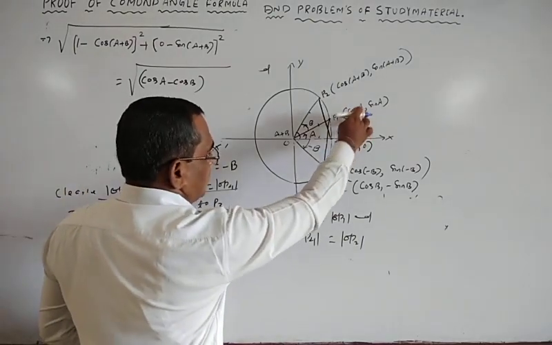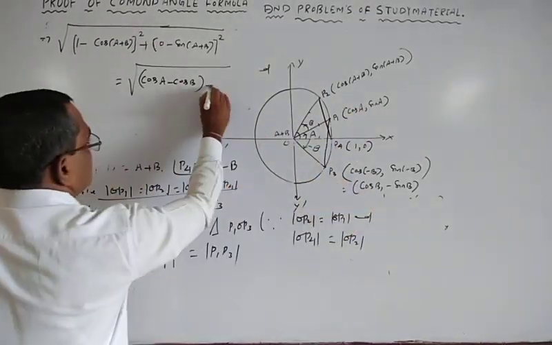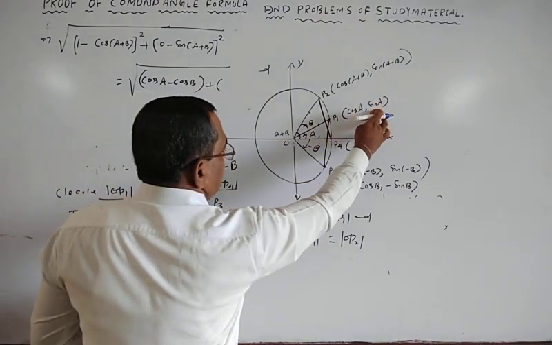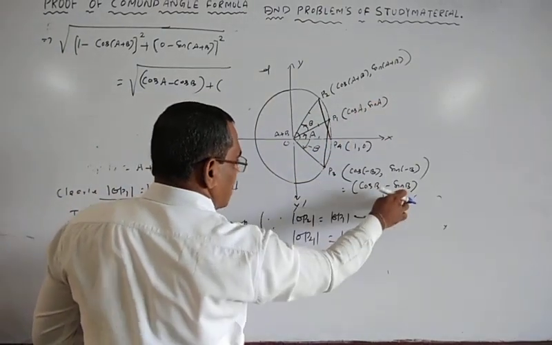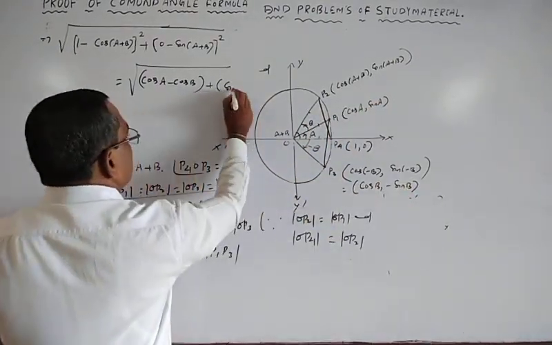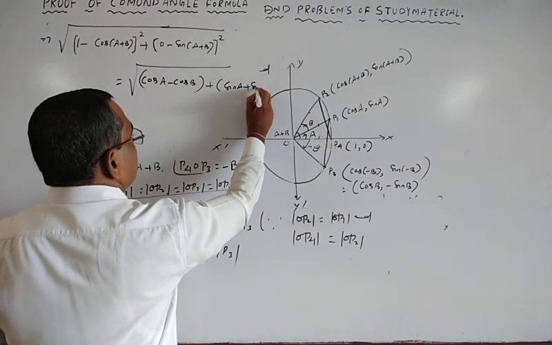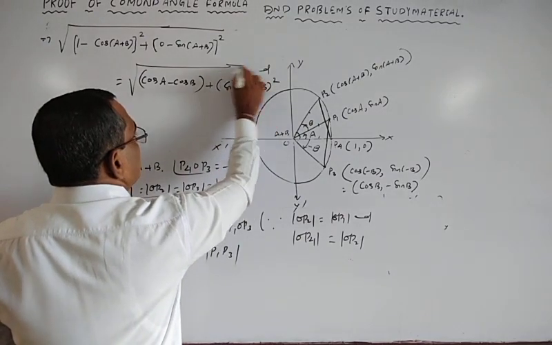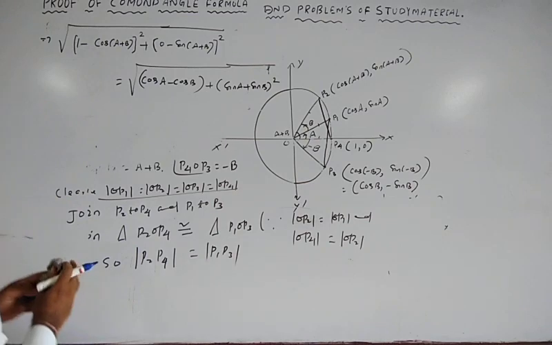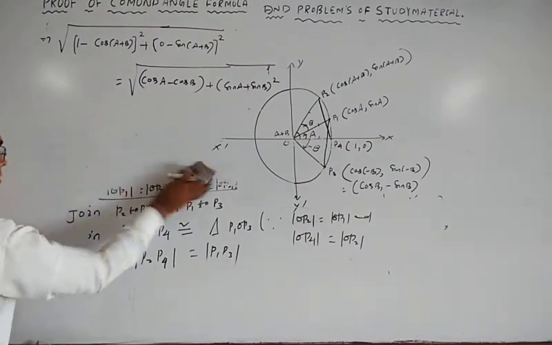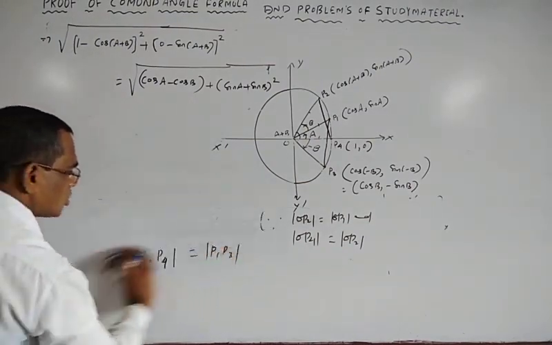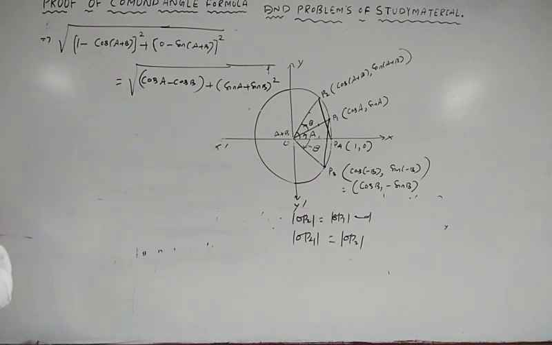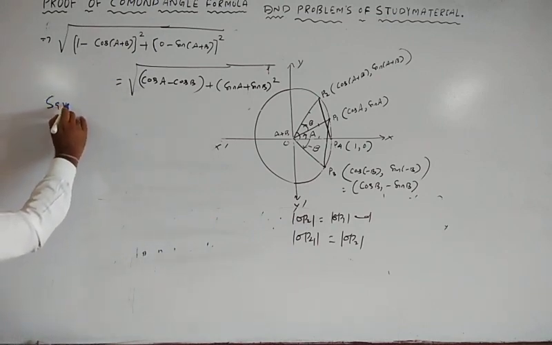So (cos a minus cos b) squared plus (sin a plus sin b) squared. Now squaring on both sides, we get